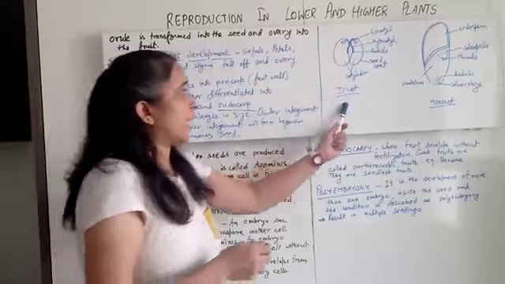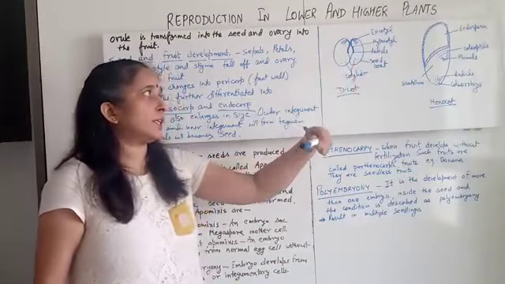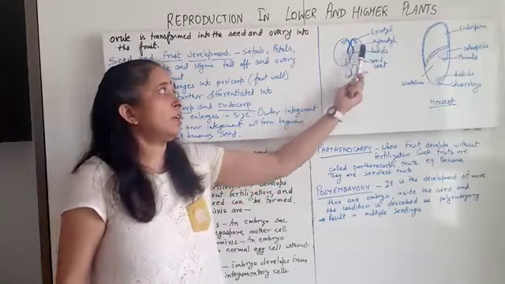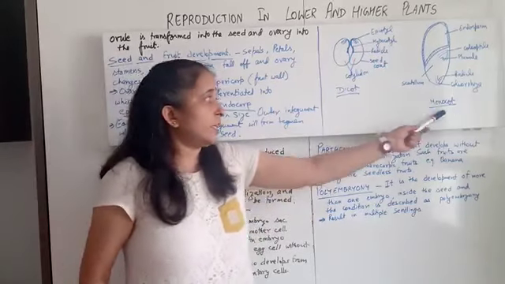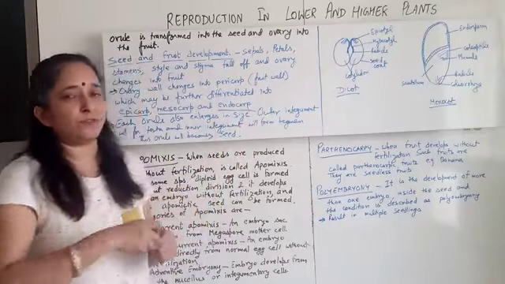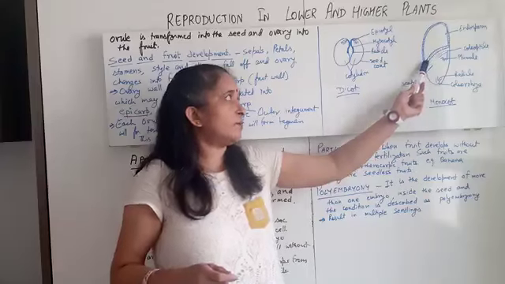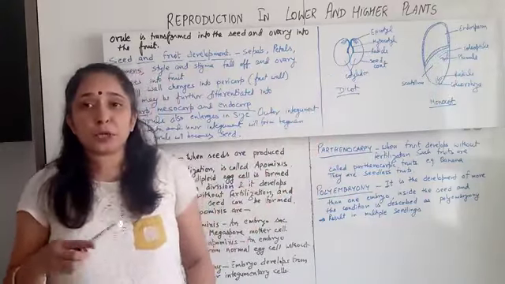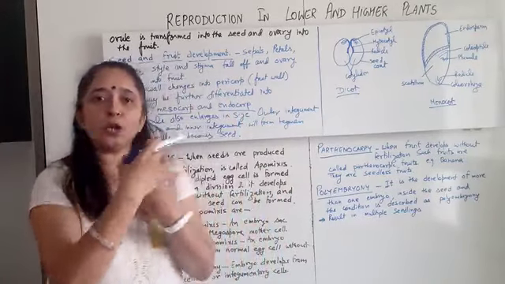Then you can see here the dicot seed and the monocot seed. In the dicot seed, two cotyledons are there. The seed coat, testa and tegmen, will be there. These are the two cotyledons. Radicle, hypocotyl and epicotyl are there. Fine. Now in the case of the monocot, as we have already seen the development of the embryo of dicot and monocot, isn't it? Now in the monocot, here you can see the endosperm is there. In the dicot case, endosperm is not there. Why? Because the developing embryo has taken up and consumed the whole endosperm.